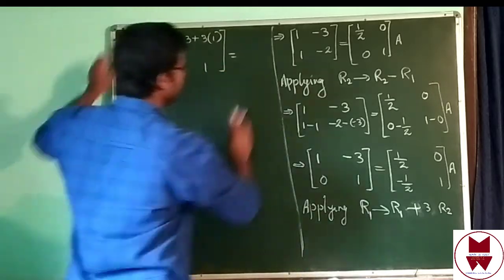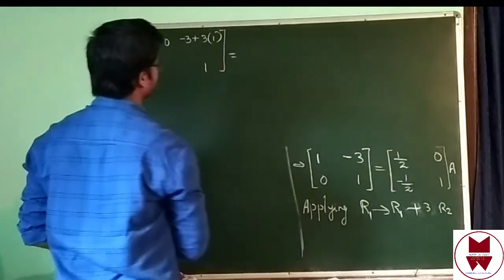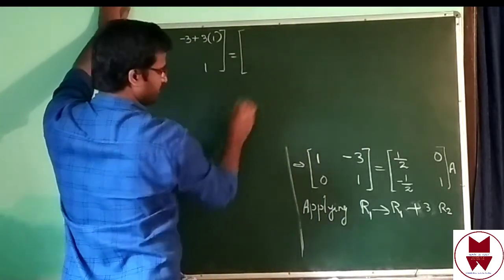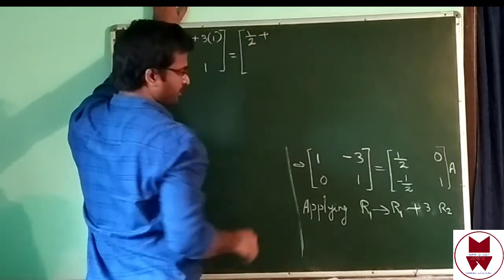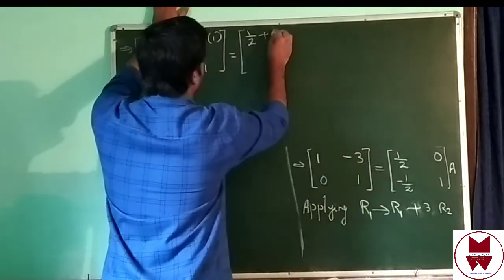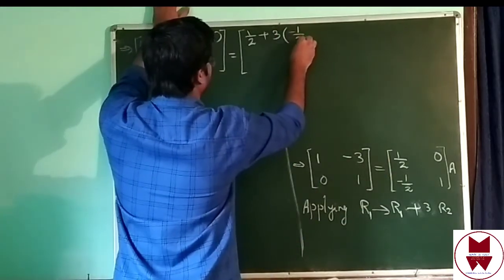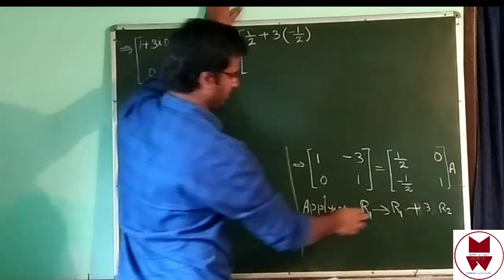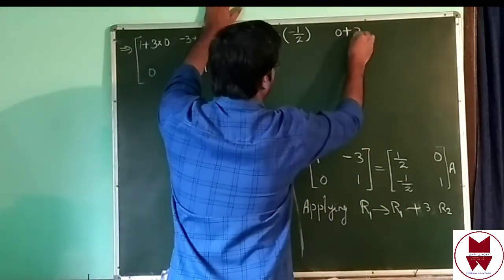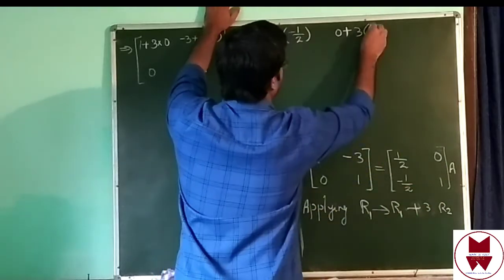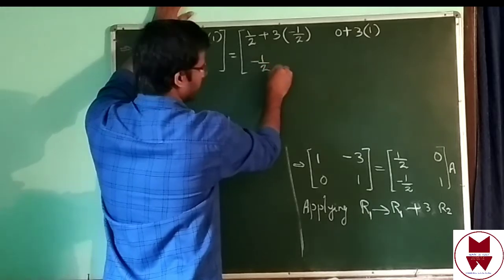Equal to matrix R1 is 1 by 2 plus 3 R2. 3 into R2 is minus 1 by 2. Then R1 is 0 plus 3 into R2 is 1. 3 into 1. Then second row no need to change. Minus 1 by 2. Then 1